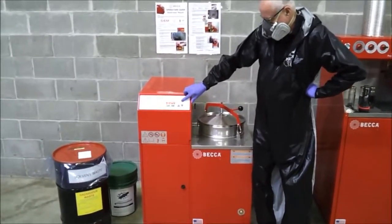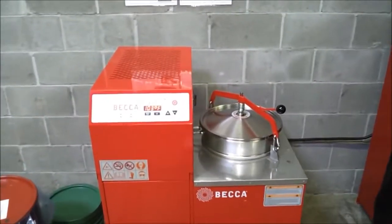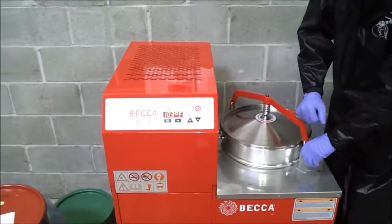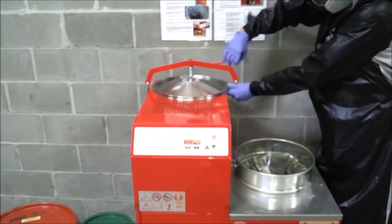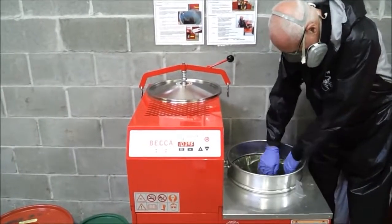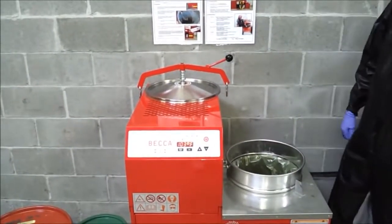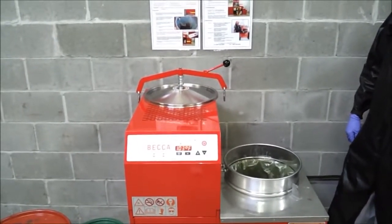The temperature will be displayed until the red on-off button is pressed again to start a new cycle for the next batch. BECCA recyclers are shipped with factory preset temperature and time settings, and in most cases do not require any parameter adjustments. Instructions for readjusting settings can be found in the operator's manual or by watching a brief instructional video at